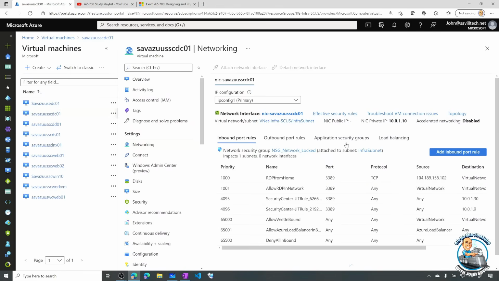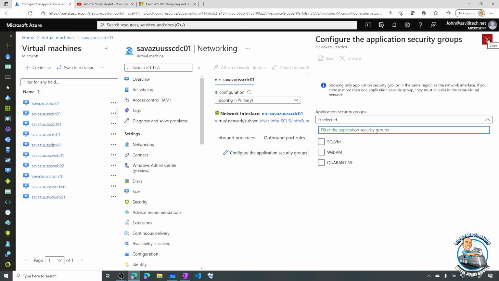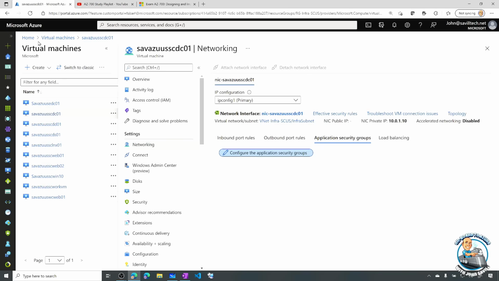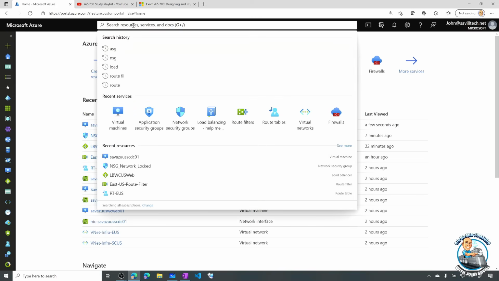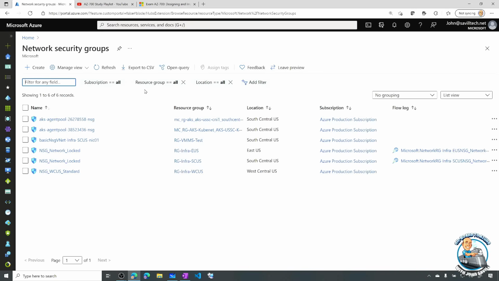If I select it, I can configure app security groups from the same region. That's why there's only one web VM. So I could add that tag to this network interface card for this virtual machine. Then it doesn't matter about the CIDR ranges. Then in my network security groups, instead of having to worry about what IP range it's in, I could absolutely,